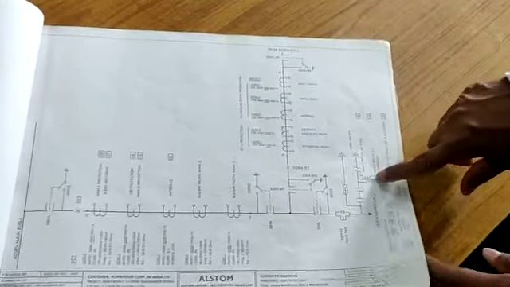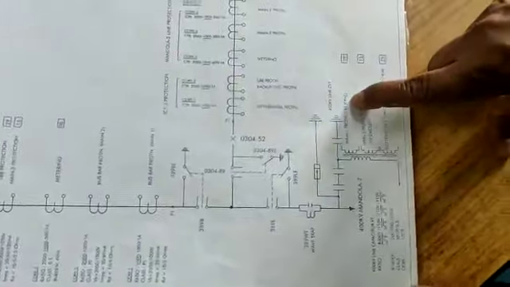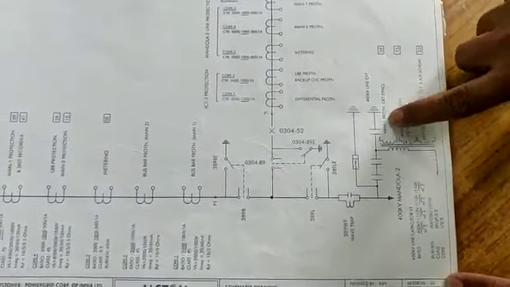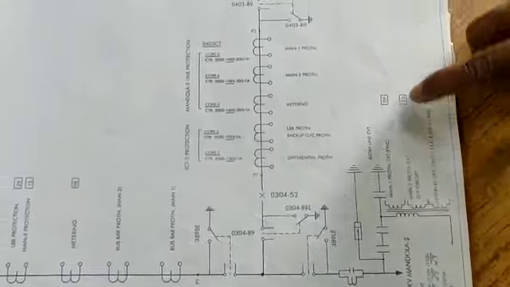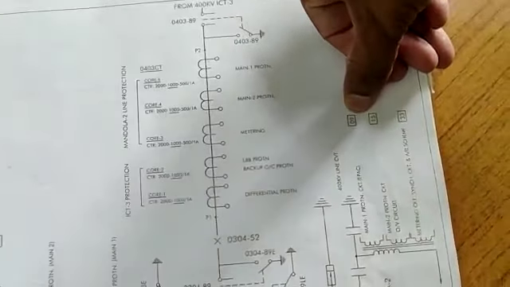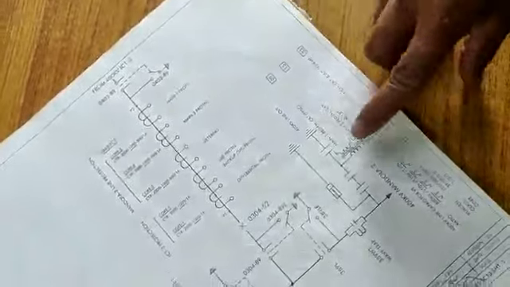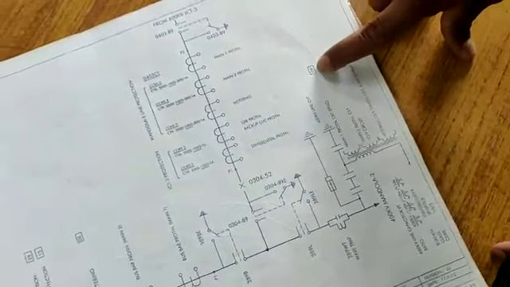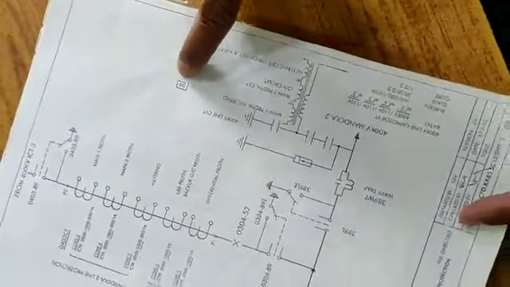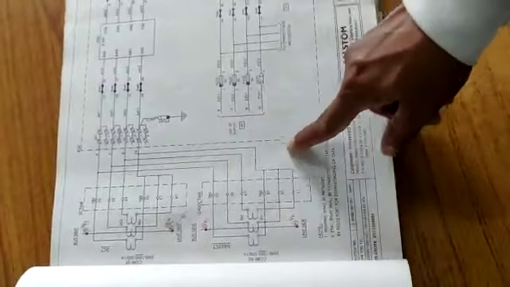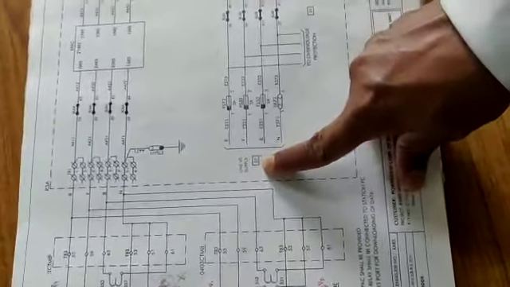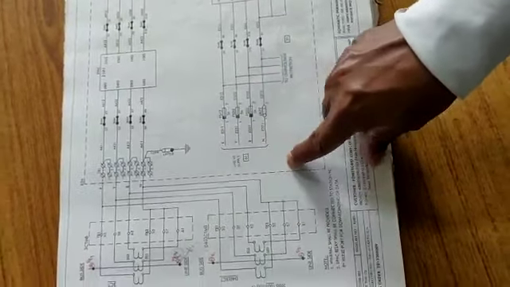Now again, this is the same thing. This is core 1, core 2, core 3 of CVT, and if you remember, in the last session I told you this number inside a rectangle shows the page number that you have to refer. Now this is the main 1 protection circuit. Go to page number 9, and you see this is page number 9 here, and if you see here, this line CVT supply is coming from page number 7 that we were referring to earlier.